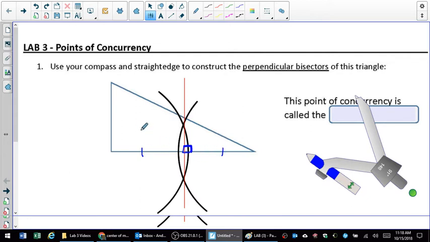And I need to do this for all three sides. So for the first side, I used my compass. I connected those with the straight edge, and that was called the perpendicular bisector. I'm going to do that with all three sides. All right, so again, using your compass and your straight edge here, I'm going to make that perpendicular bisector right through that second side, this left-hand side. And then I will also do the same thing,